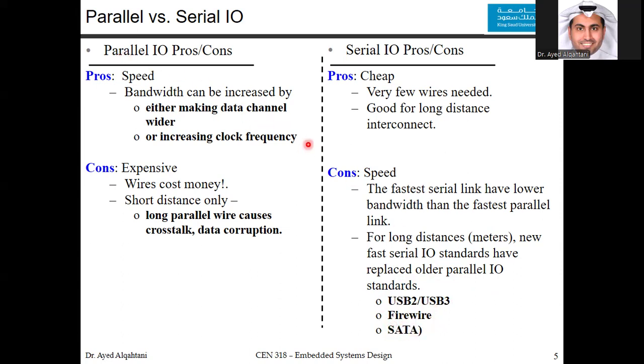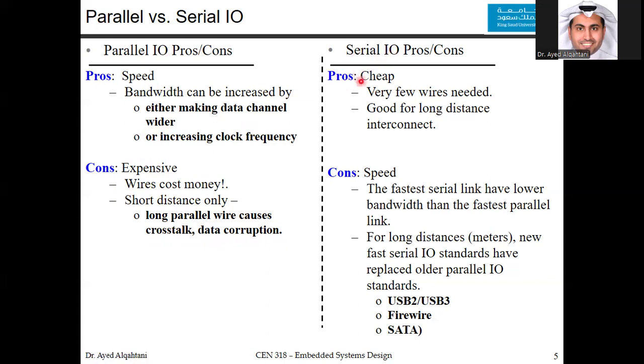Now, what about going back to the parallel I/O? The disadvantage of the parallel I/O is that it is actually expensive. Wires cost money, so this is why we use it only for short distances. Long parallel wires cause crosstalk and data corruption and many other problems if you try to make them for long distances. Now, this disadvantage of the parallel I/O is actually the advantage of the serial I/O,